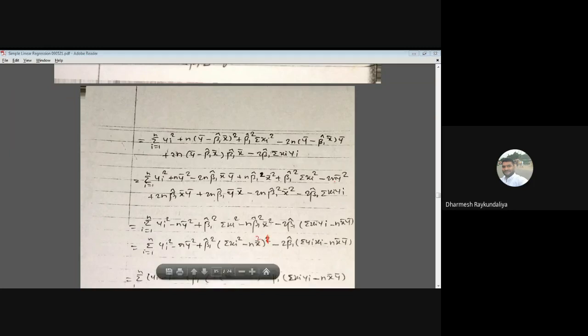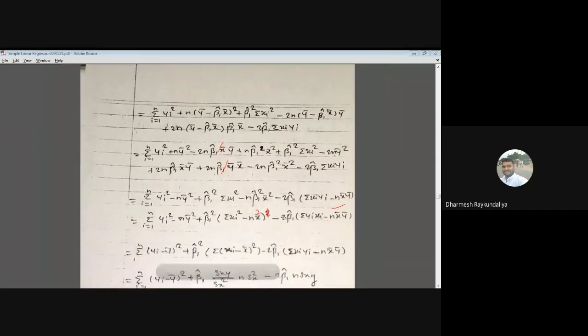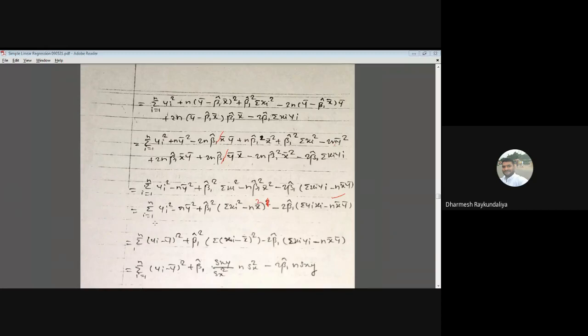स्क्वायर यहाँ है, ठीक। फिर यहाँ पे क्या है कि 2n बीटा 1 कैप पाई बार, ये 2n बीटा 1 कैप पाई बार, और ये यहाँ पे, तो दिस विल बी कैंसल आउट विथ दिस, तो एक बचेगा 2n, यहाँ पे कितना है 2 बीटा 1 कैप है, तो 2 बीटा 1 कैप बाहर ले लेंगे तो क्या आएगा समेशन xi y माइनस n x बार y बार, ठीक है, तो ये हो गया समेशन y माइनस n y बार स्क्वायर, दिस इज द बीटा 1 स्क्वायर दिस, और ये यहाँ पे आपके पास ये आ गया, तो इसको हम क्या कहते हैं, दिस इज नथिंग बट yi माइनस y बार स्क्वायर, इसको क्या लिखते हैं समेशन xi माइनस x बार स्क्वायर,